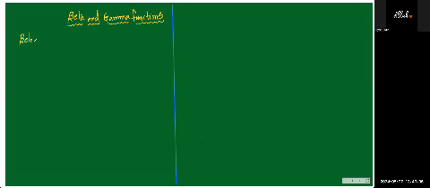Look at what is beta function and what is its definition. The beta function is denoted